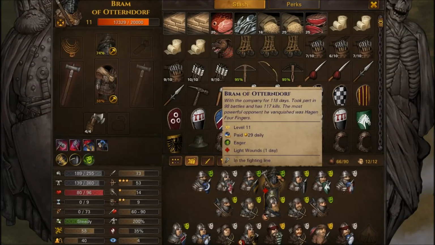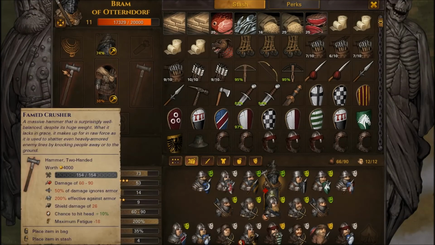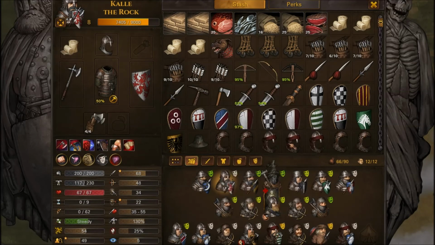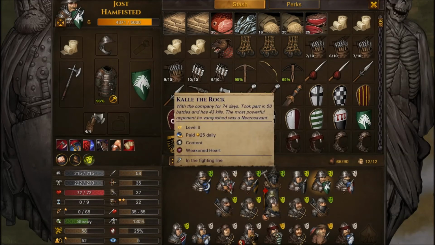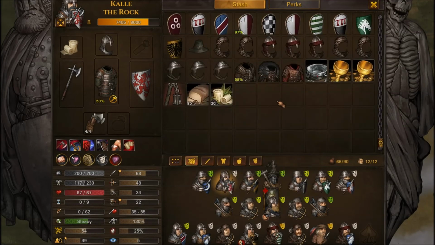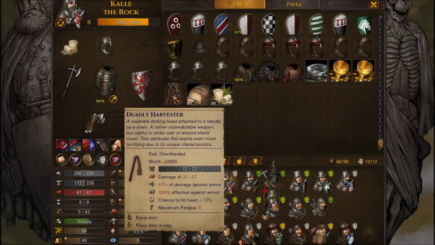Now, who gets this flail? I would give it to Bram, but of course he's using the legendary hammer that we picked up. So, maybe Kali? I'm not sure. Kali's been with us longer than Jost has. Jost is level 6, Kali's level 8. Let's see. 43 kills to 21, yeah. I'm gonna give it to...